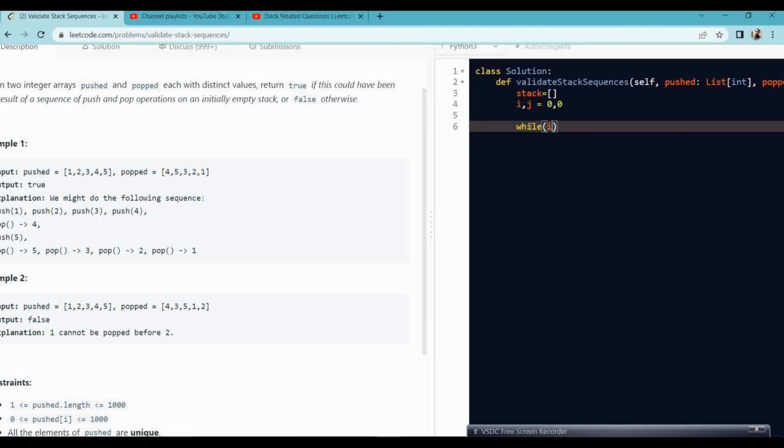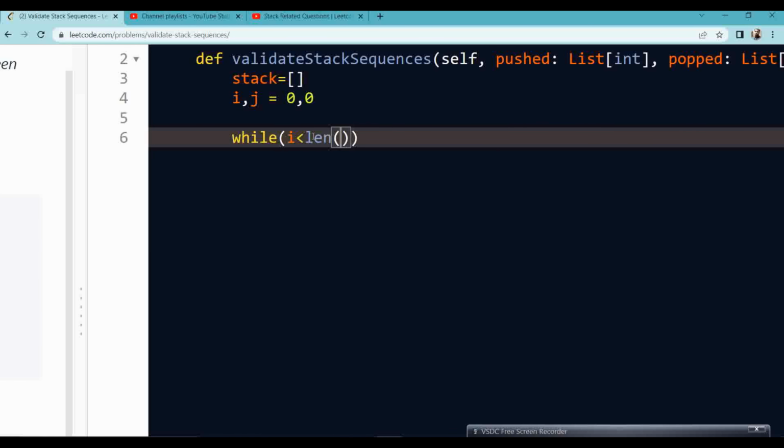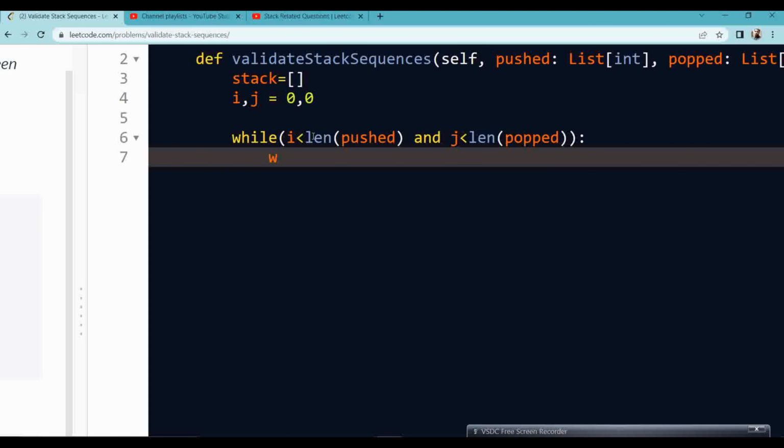Here, because this is our counter for pushed, it will go to the end of the length of pushed, and the second counter is j, and j will go to the end of the length of pop. Now what I'm saying is, if our stack is not empty,